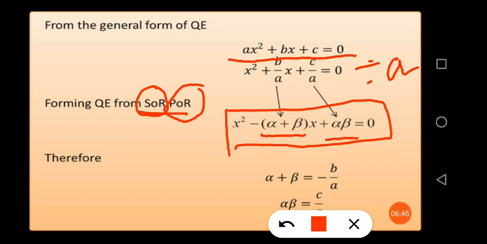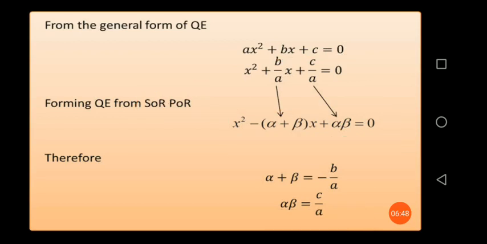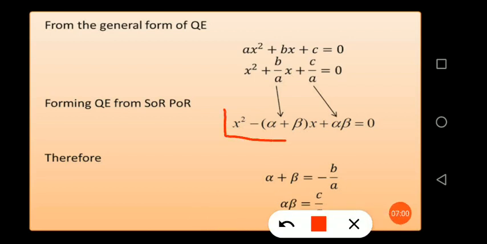So if we have to find any polynomial in which the sum of roots or product of roots is given, we can directly utilize this equation to find the required polynomial. We don't have to find alpha separately and beta separately. We can directly apply the values in this formula, and we can get the equation, or we can get the polynomial.